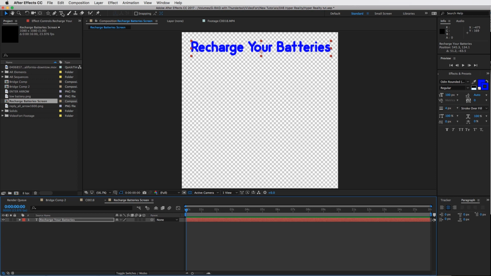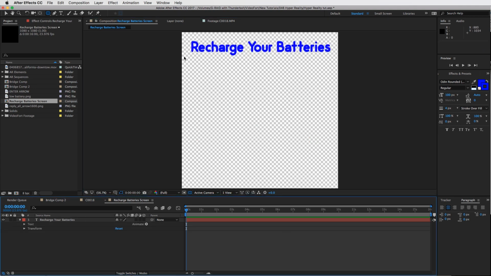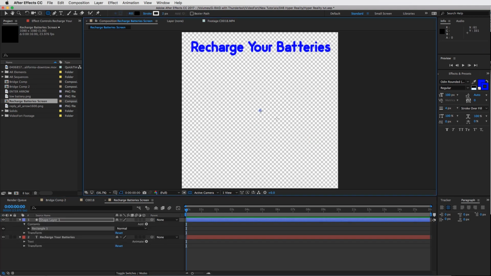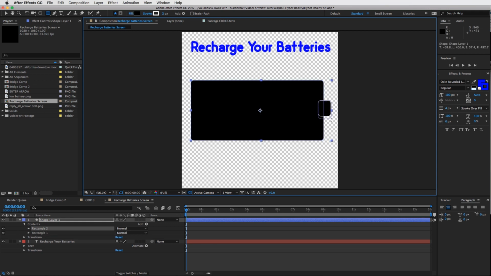Okay, and then I created a, you know, I don't want to bore you guys with how I created this batteries thing, so let's just pretend that this is the battery. Okay, we have our battery here, and then we will need one more